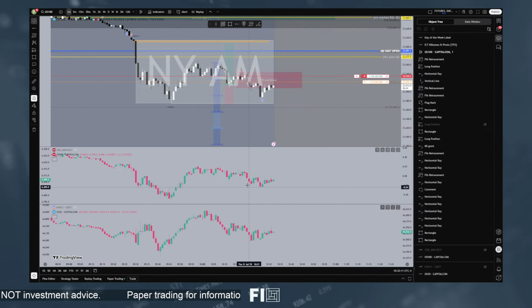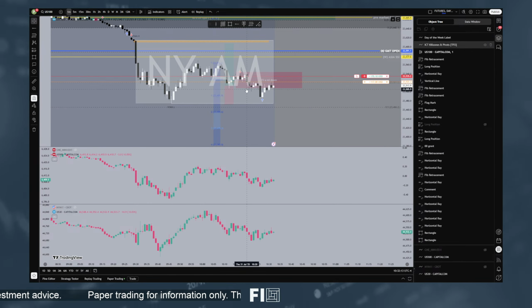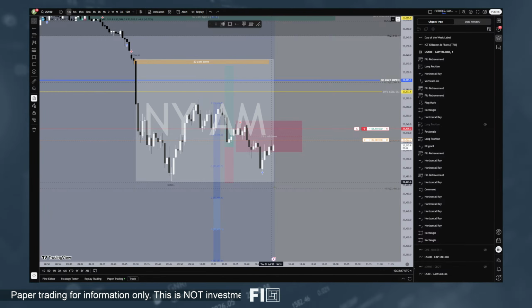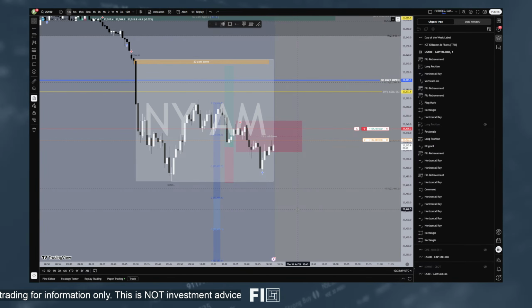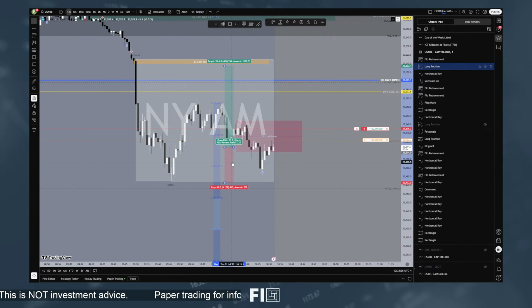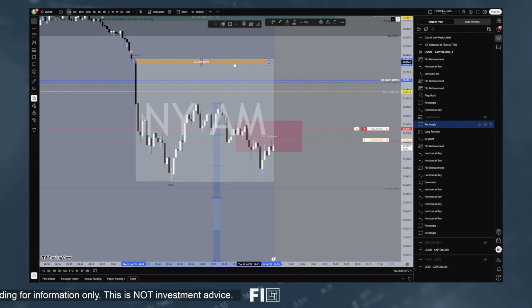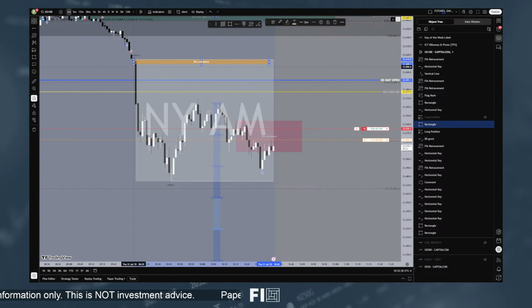Okay, I like that the bodies were pulled here. Weaker bodies, but here's mostly just wicks. So maybe a small fair value gap lower. Let's see what happens. We can get rid of this now too. Keep our charts clean. Oh, look at that snap. Okay, so then we have a